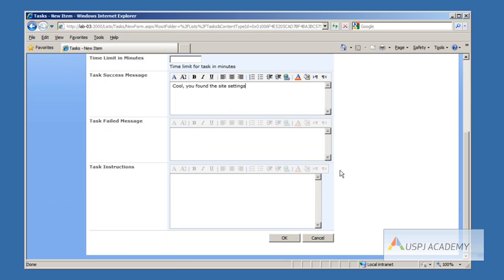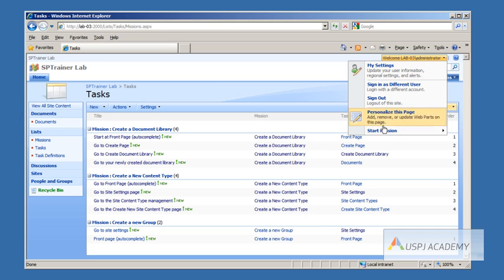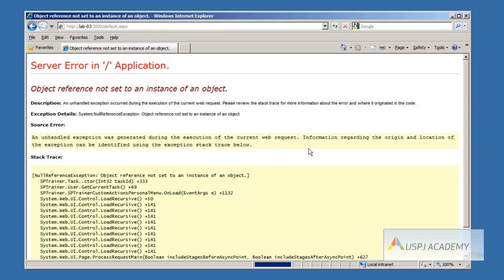We can just do something simple here. And of course, if we want to add some instructions here, we'll say go to the site settings page, like this. My fingers are always fumbling when I'm doing these demonstrations. So as I said, this is not a complete mission, but it just shows you how you can actually author these missions. So if I start that mission now, I can go to create a new group,